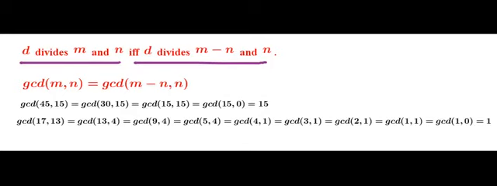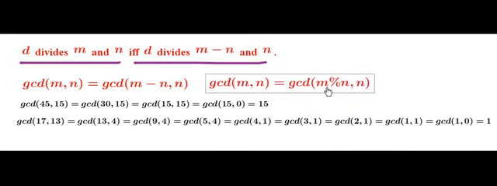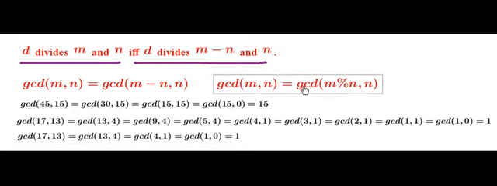So ultimately what we can say is that this is also true: GCD of m comma n is nothing but GCD of m modulo n comma n, and if we apply this definition, then ultimately we can get the correct results very quickly. For example, here you can see for the same values, instead of 8 we just require 3 iterations to get the final correct answer. So this iteration is nothing but it's Euclid's